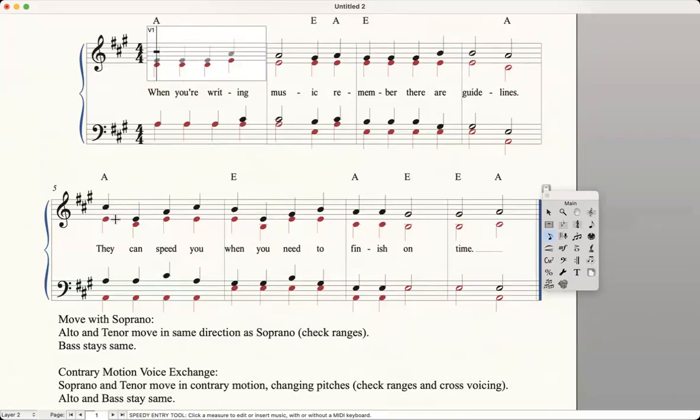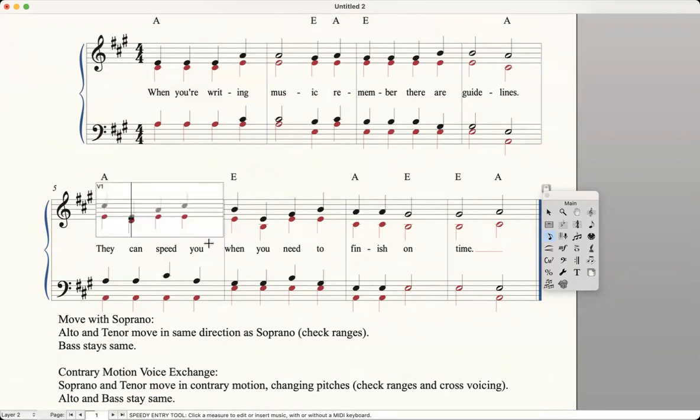The first one is right down here on "they can speed you when you need to." This is perfectly fine for everybody to sing. It can happen, but the alto's bumping down and then bumping up and then bumping down even further and then bumping up. I don't know. For my sensibilities, I know altos will be like, it's so boring, but I think leaving them on the E there